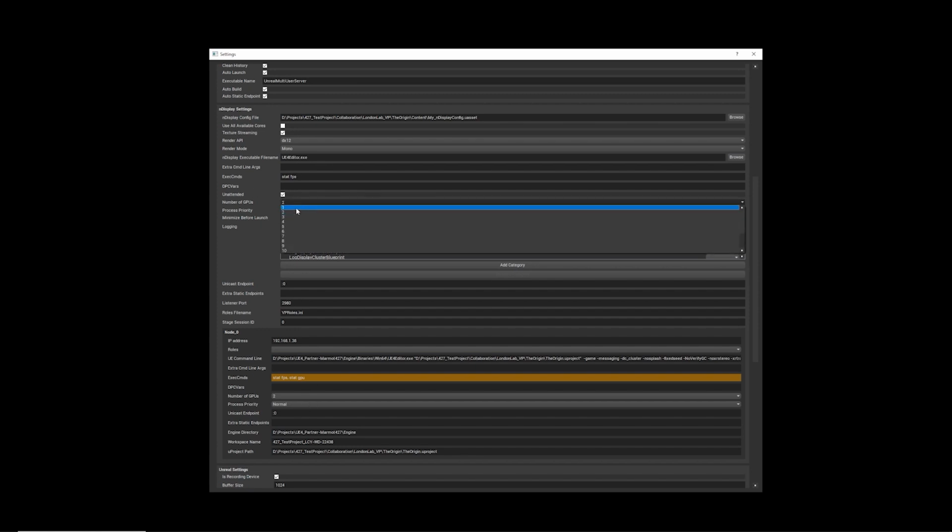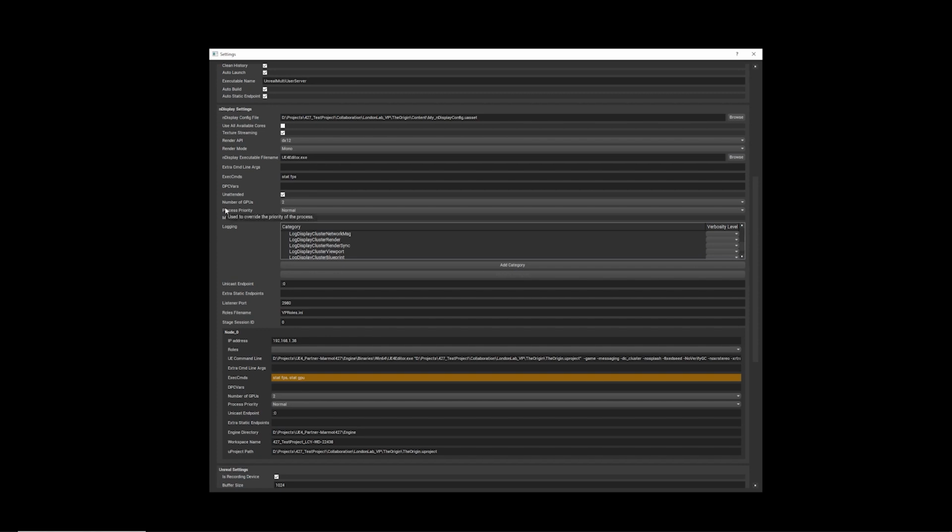Next, we can select how many GPUs we've got. Just make sure that that matches the number of GPUs. We can access various levels of verbosity on logs that can be useful for debugging. Here's where we can set the unicast endpoint if we should need to.